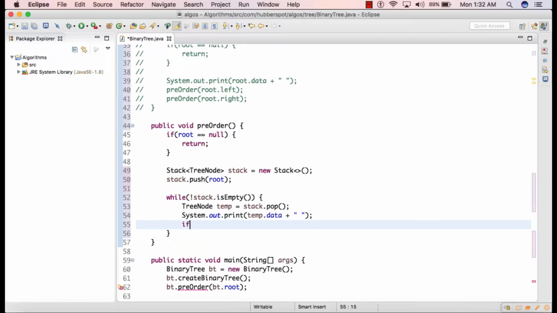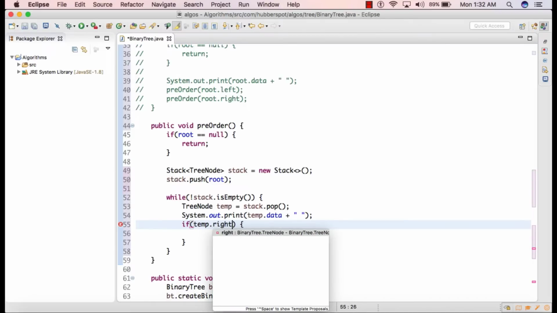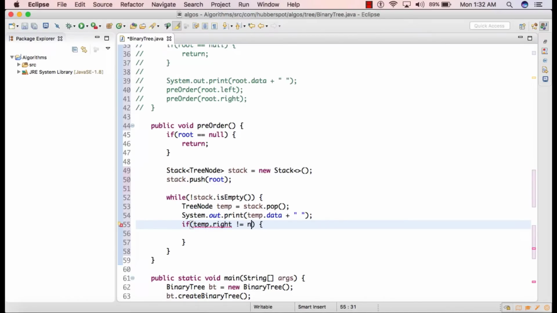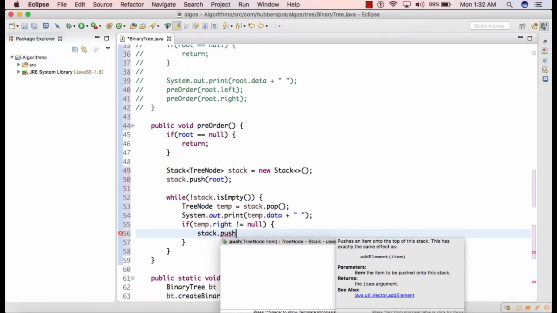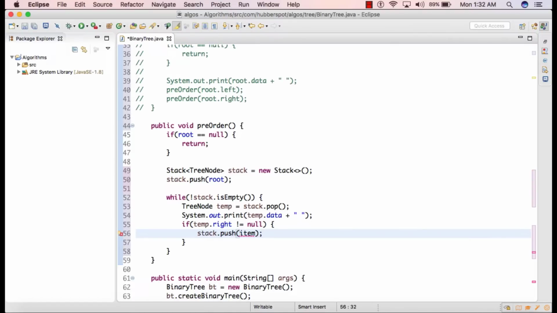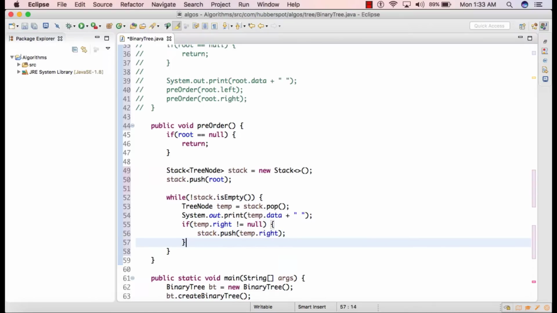And in the next step we'll check whether temp right is equal to null or not. So if temp right is not equal to null, then we'll simply push temp right on the stack, and we will do this step for the temp left as well.